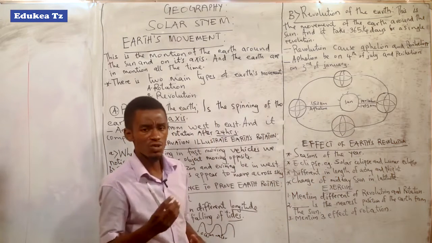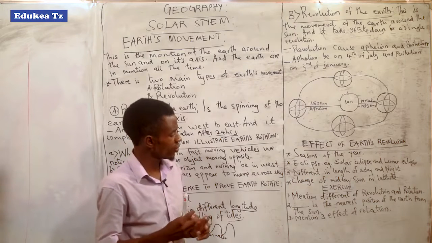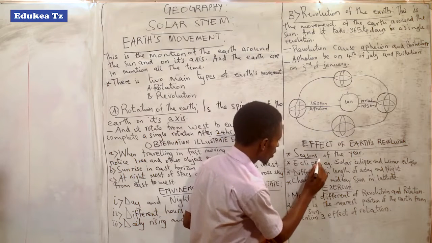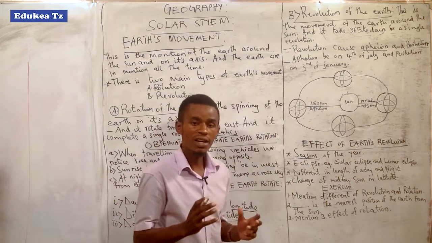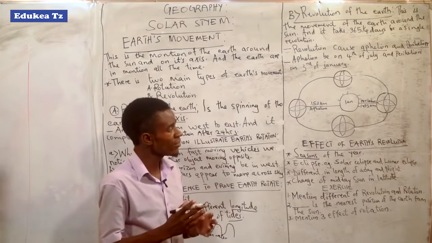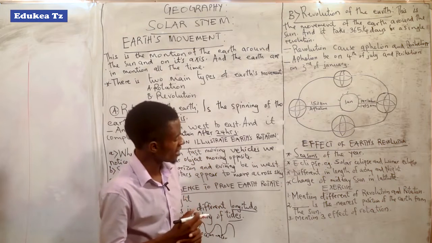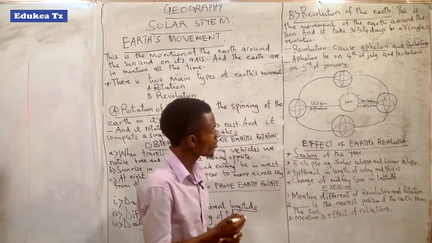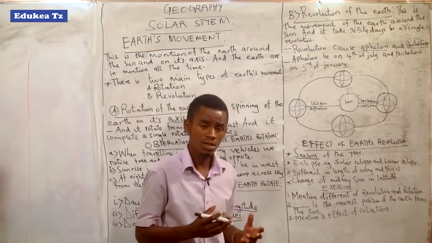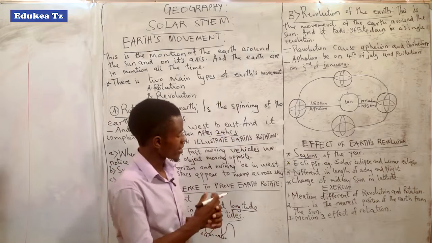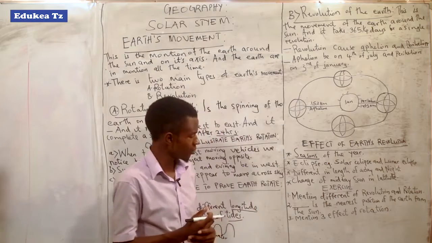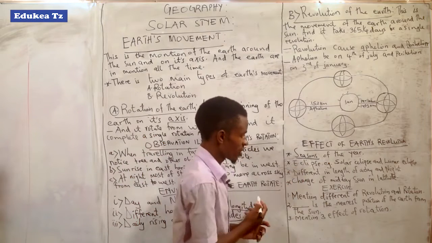So when you talk about the seasons of the year, what does this mean? You have to understand the meaning of the word season. A season is a different time within the year, with a different climate. For example, we have different times and climates within the year. There are times when it is very hot, times when it is cold, times when there is moderate rainfall, and times when there is high rainfall. So those are all what we call seasons of the year.